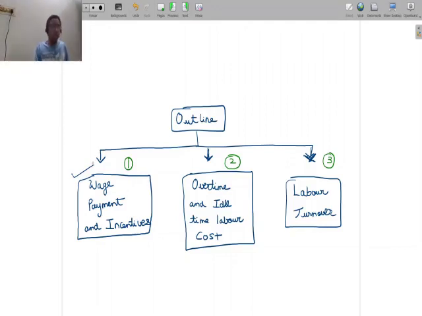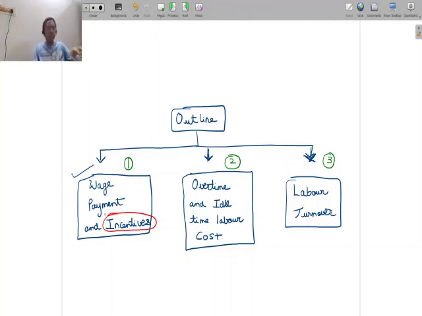And why do different systems exist? Because each system has probably its own advantages. So from that perspective, it's important for us to understand that there are different systems. So we are going to be having a broad idea about a few important systems, and we're also going to be focusing on incentives. And what we mean by incentives here is what the company or the entity would give to the workers to motivate them to work and to motivate them to work more productively. So that's what we call as incentives.